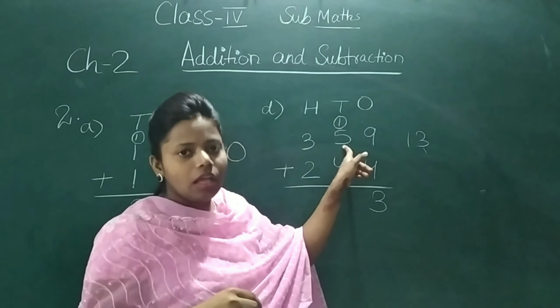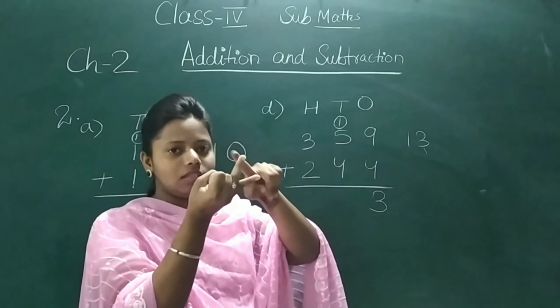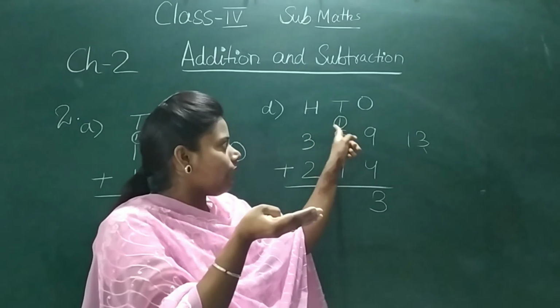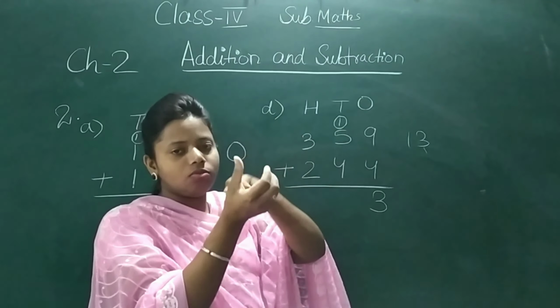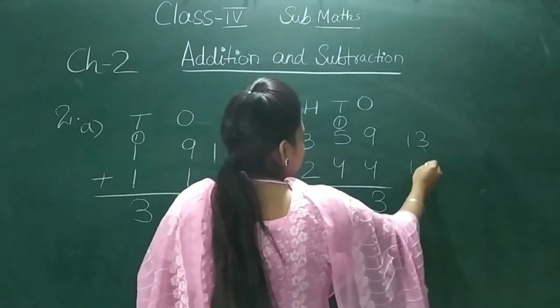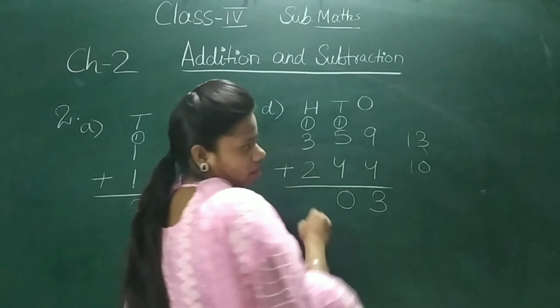So this one here, 5. In 5 we have to add this 4. 5, 6, 7, 8, 9. Okay. And one more carry is there. 1 is there, no? Plus 1, it will become 10. So again 10 is a 2-digit number. So 0 will be written down and 1 we will give as carry.